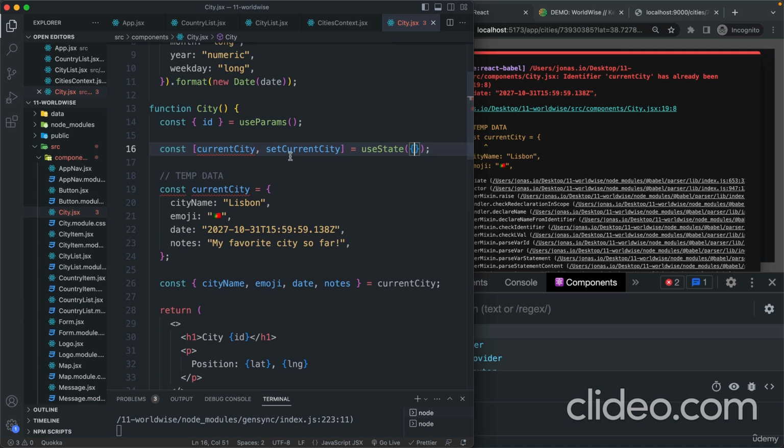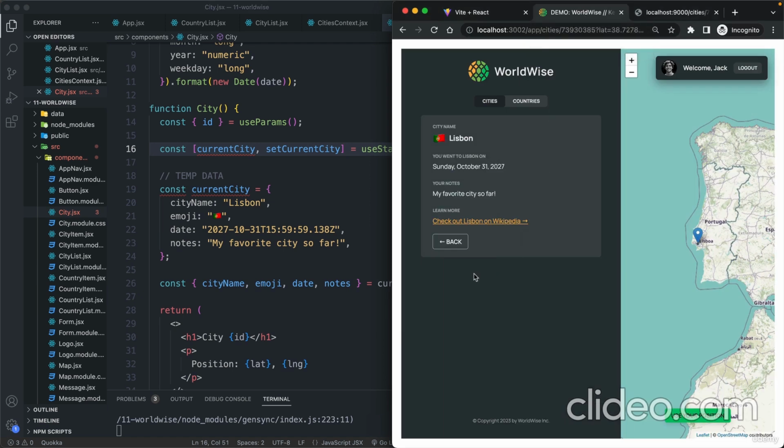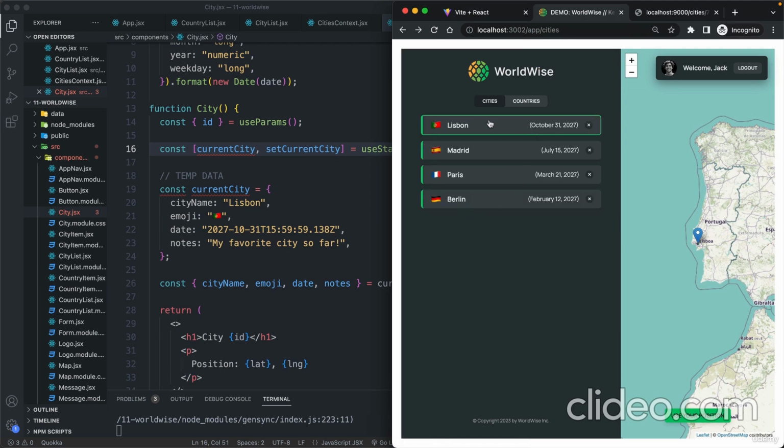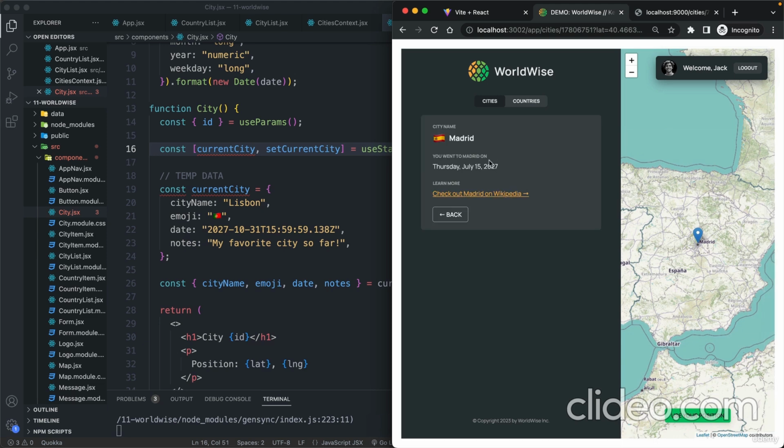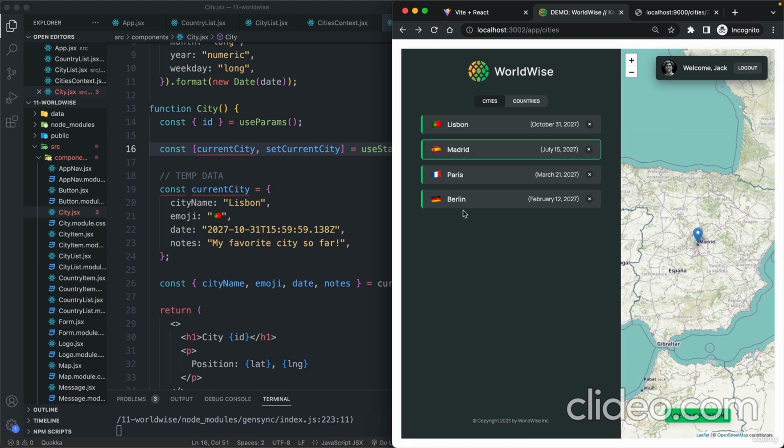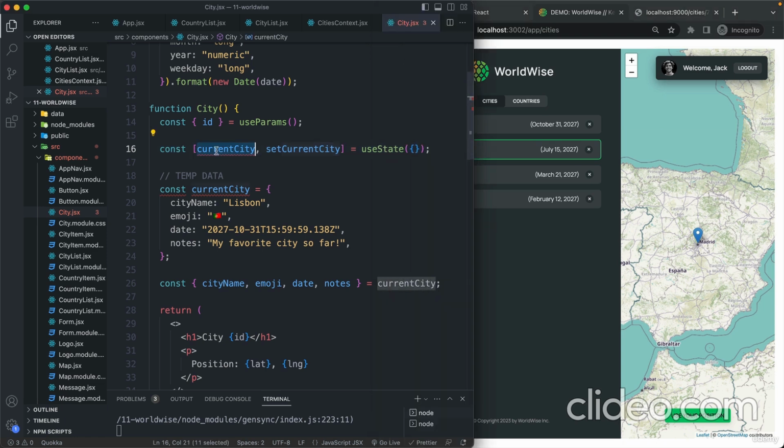However, we do actually need this state in another place, to implement another feature that I'm going to show you now. So watch what happens when I go back from Lisbon. So you see that then Lisbon here is marked with this green border, which means that this is now the current city still. So basically, after we visited one of these cities, when we then go back, it marks the last visited city with this border,